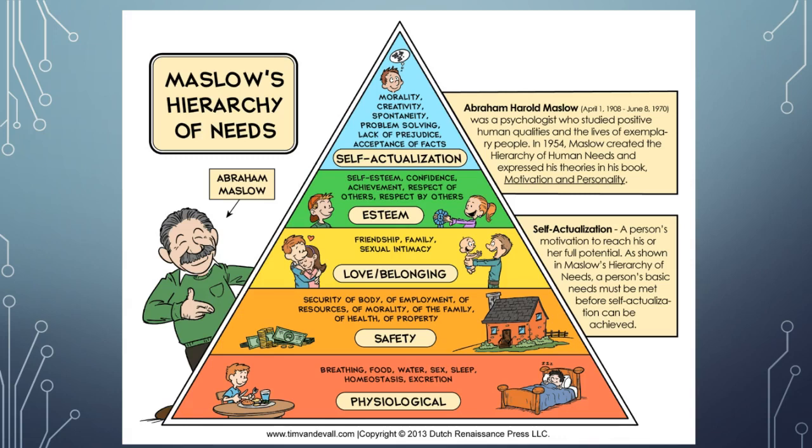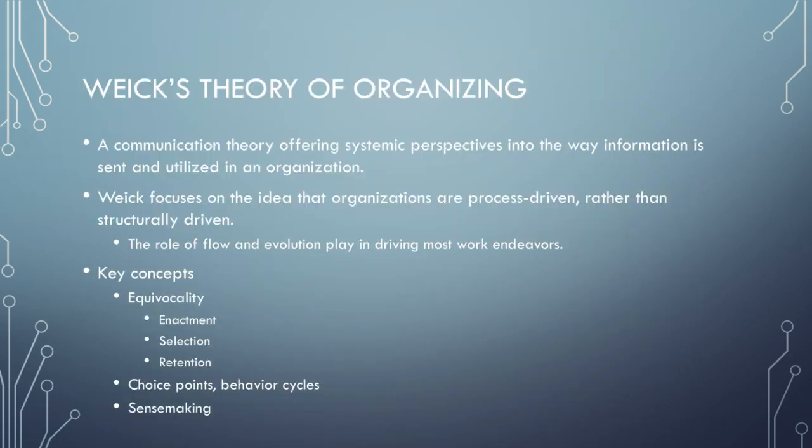As we move on a little further, we're going to take a look at something in Chapter 4. This is developed by Karl Weick. It's his theory of organization, organizational information theory. It's called OIT many times, and this is really a phenomenal theory because it's one of the most well-known organizational theories of information that focuses specifically on communication.